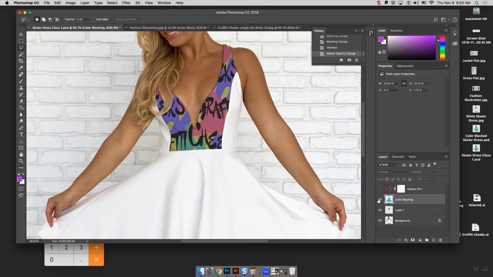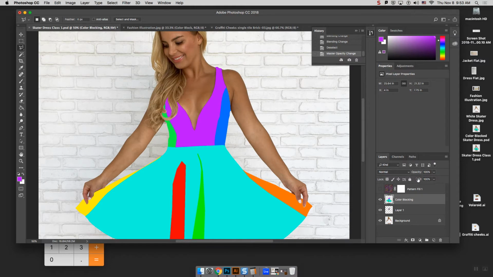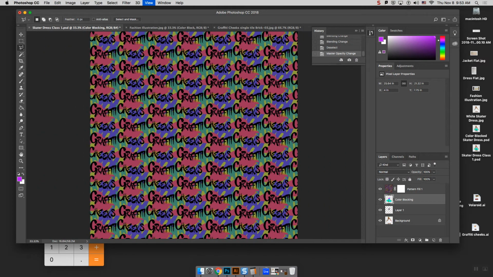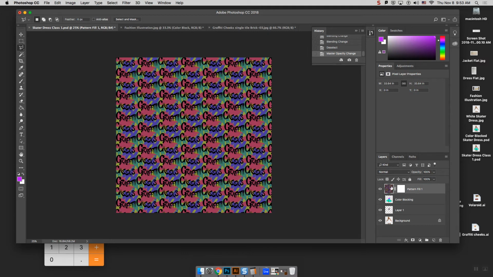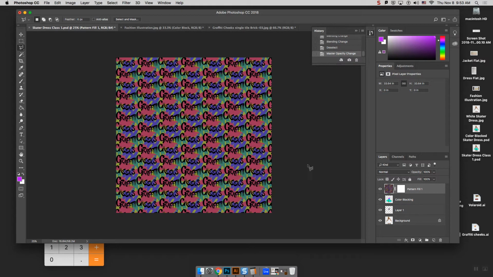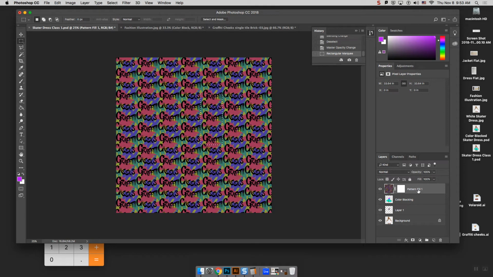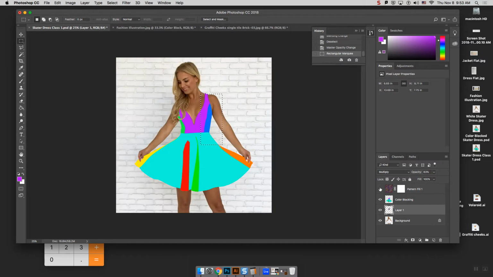All right, so turning on the color blocking layer. Let's do one of her side bodice pieces. So in this case, I'm leaving this pattern fill layer completely clean, and I'm copying and pasting. So I could even draw a box that I know is plenty for that side area. And then turn this layer on and do Command C and Command V, and it makes its